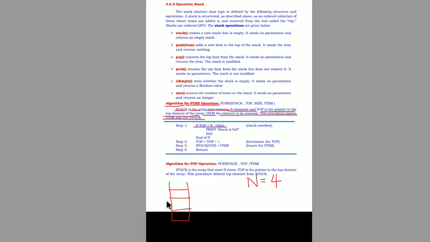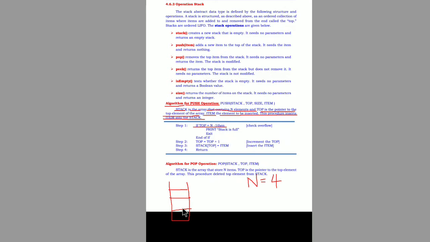After 4 elements are stored, if you try to push another element onto the stack, you will get the overflow exception. Overflow means the elements are filled in the stack and there is no space to insert any other element. That condition we call stack overflow.